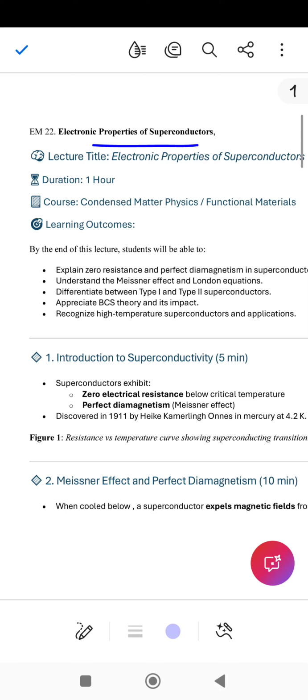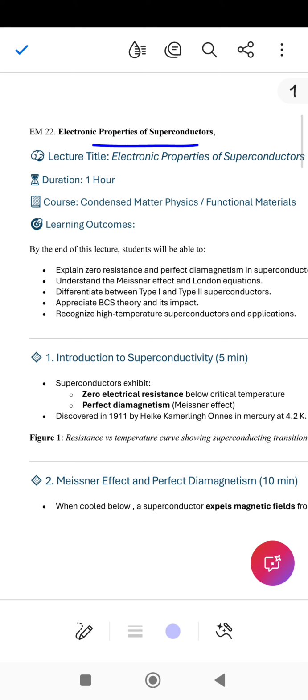EM22, Electronic Properties of Superconductors. Lecture: Electronic Properties of Superconductors. Course: Condensed Matter Physics, Functional Materials. Duration: 1 hour. Instructor: Dr. A.S. Learning Outcomes. By the end of this lecture, you should be able to understand the phenomenon of zero resistance